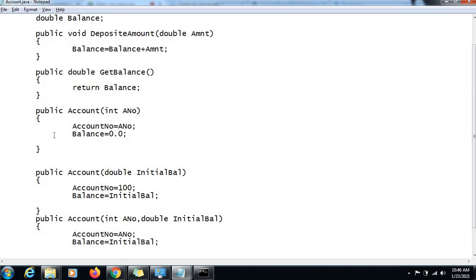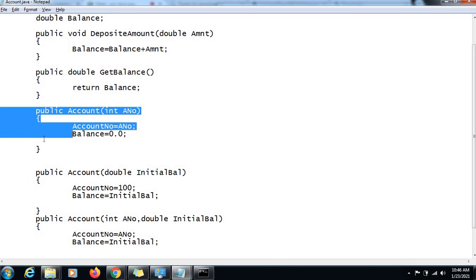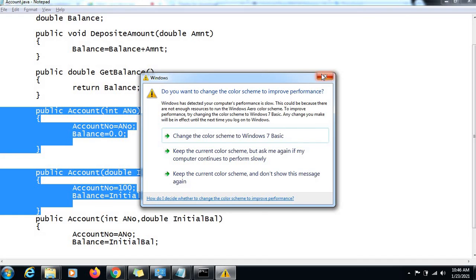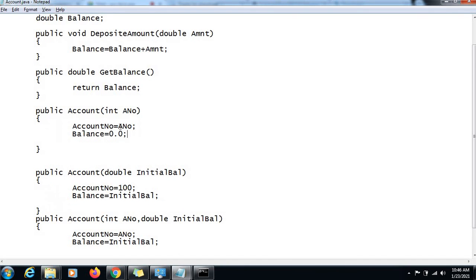Now let's see here. These two constructors, if you see them closely, both have one parameter, the number of parameters is one, but the type is different, guys. You can see here it is accepting an integer type parameter. Here it is having a double type parameter.